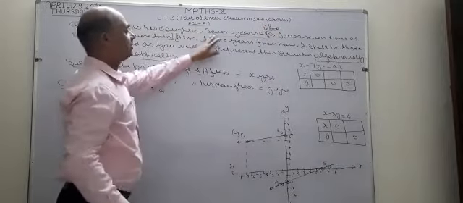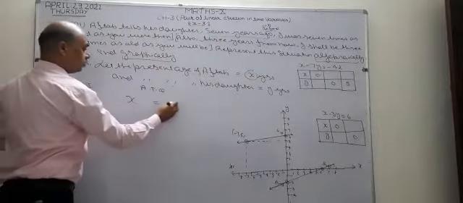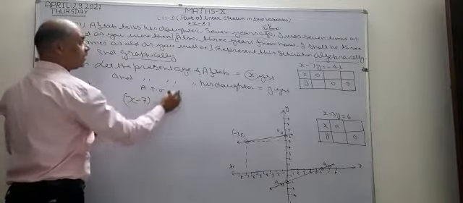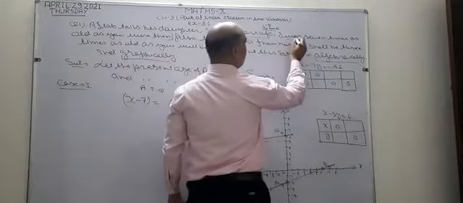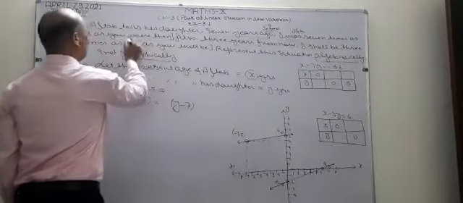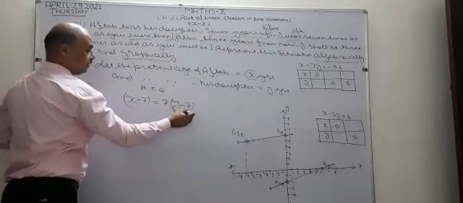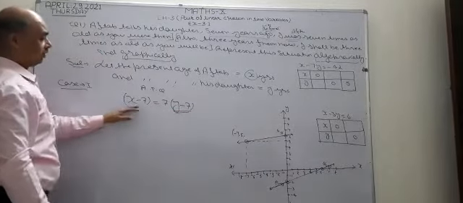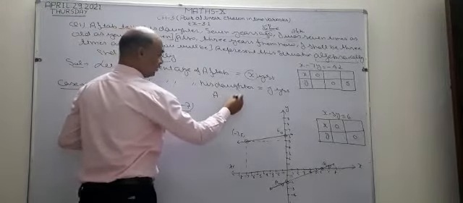Okay. Now 7 years ago. At present, what is the age of Aftab? x years. And daughter's age is y. 7 years ago means Aftab's age becomes x minus 7 and daughter's age becomes y minus 7. Now after that, I was 7 times as old as you were. Aftab said this to his daughter. 7 times means I am going to multiply the daughter's age by 7, so that both ages become equal. Now I show you one example. Suppose this is the age of Aftab and this one is the daughter.